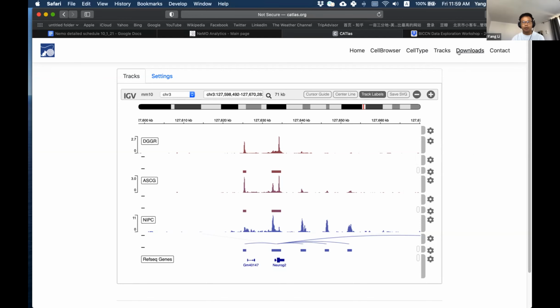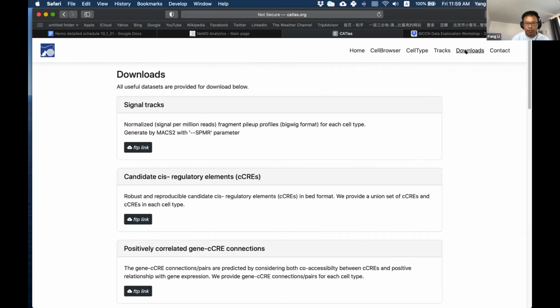Okay, so one last thing I want to show is the download page. I mentioned we did a lot of analysis, including the cell type annotation, the candidate cis-regulatory element identification, and the links between potential enhancers and putative genes.